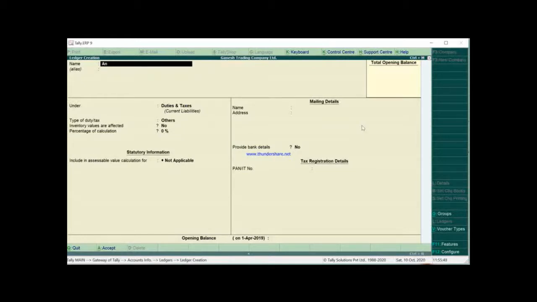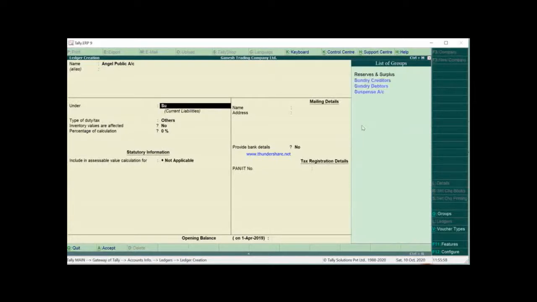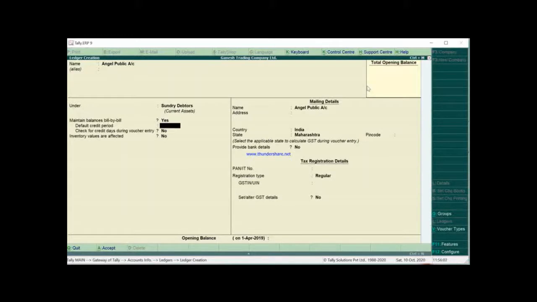Now after that, the next account is Angel Public account, which goes under sundry debtors. Just press Y to accept it.